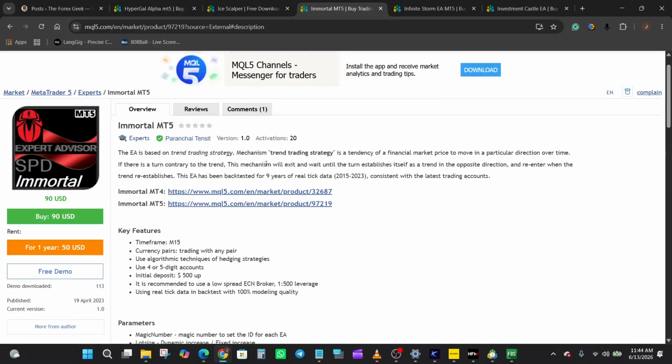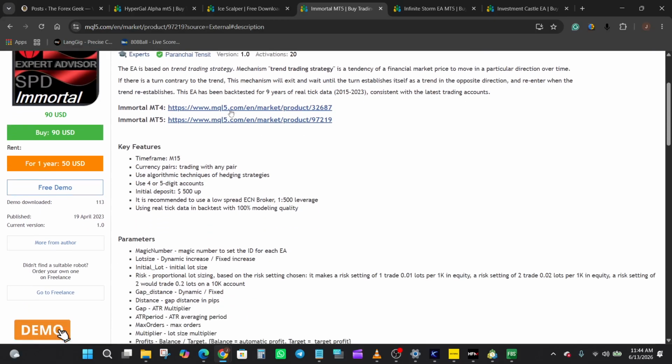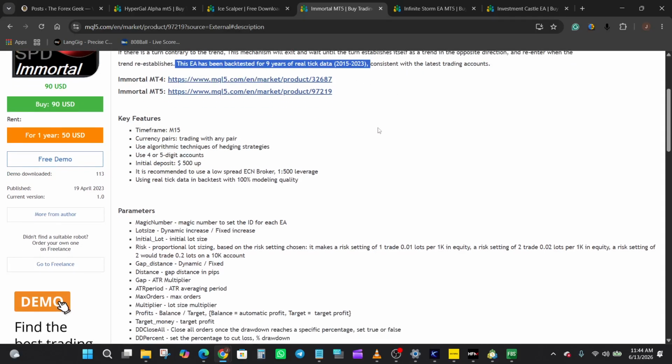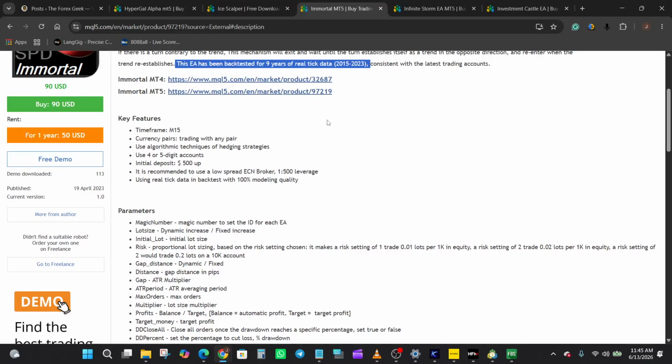The developer also states that the EA has been backtested using 9 years of real tick data covering the period from 2015 through 2023. That is useful information because longer testing periods generally provide a broader view of how a strategy has behaved under different market environments. As I continue through the marketplace page, we can see that the recommended trading time